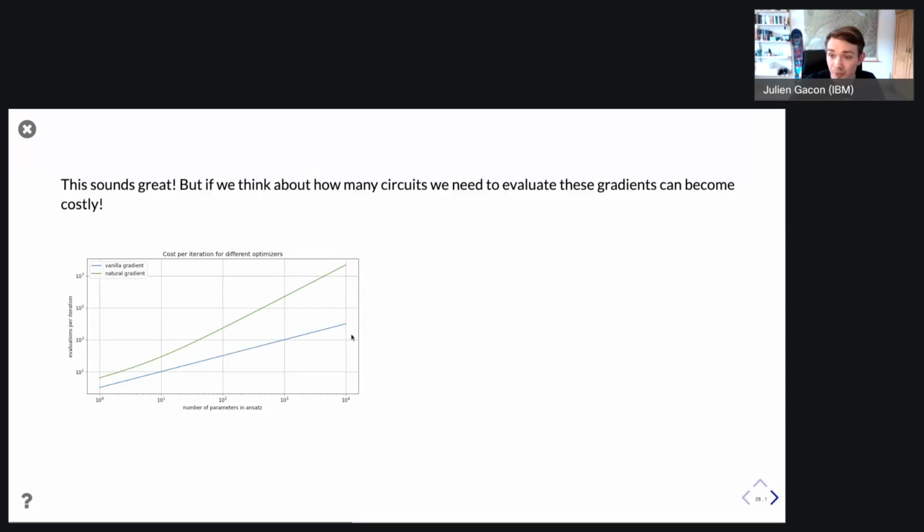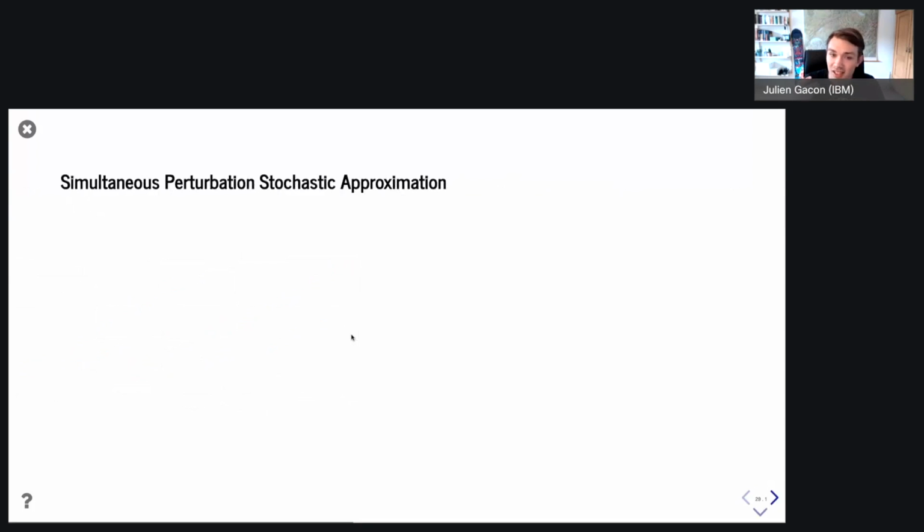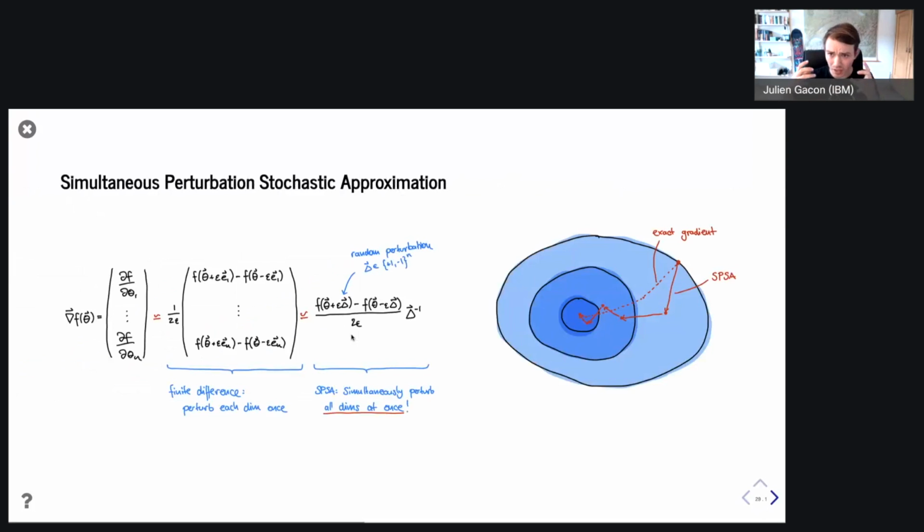So what do we do? Luckily, classical literature also has the same problem. If you have many parameters, then evaluating gradients is just expensive. So what people started to do is a stochastic approximation of your gradient. If you remember how the gradient is calculated, for instance, in the finite difference scheme, then